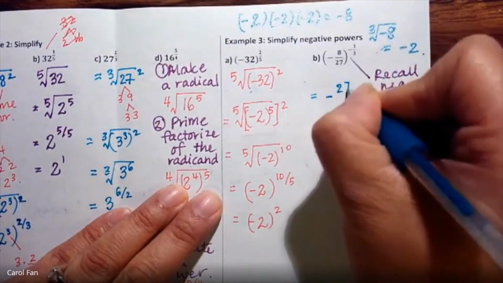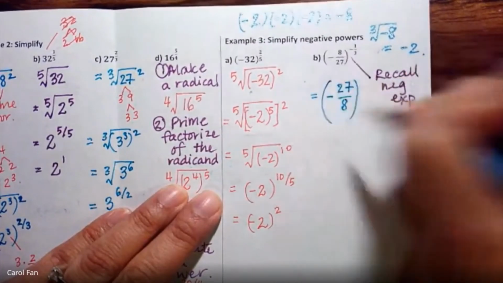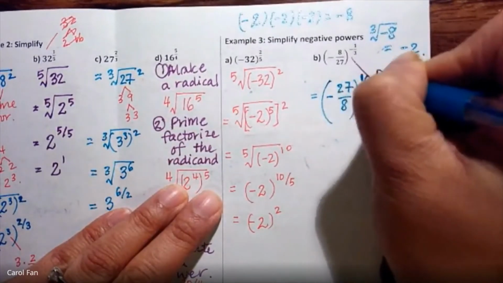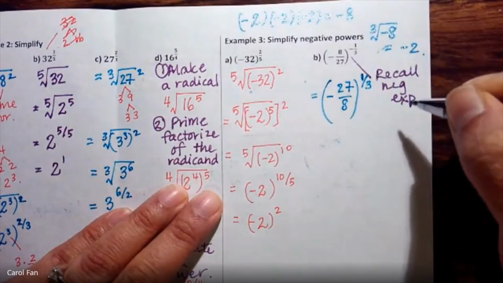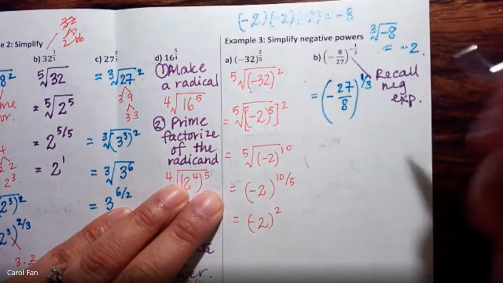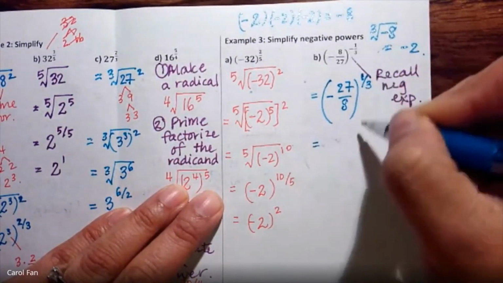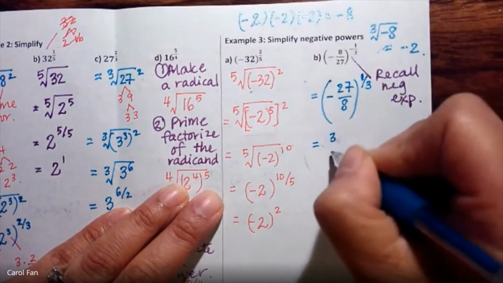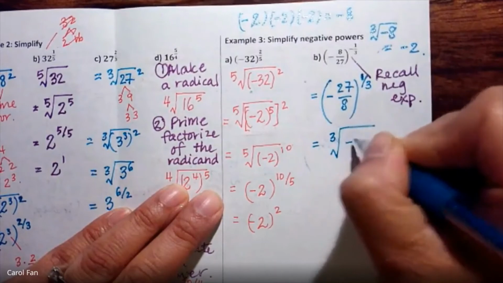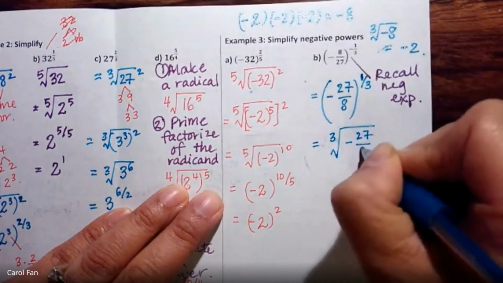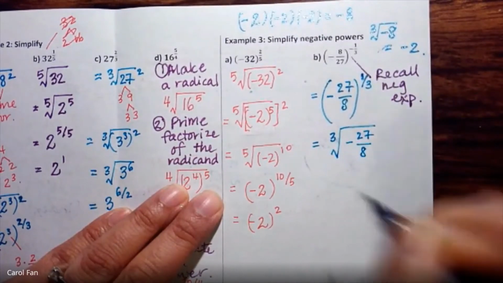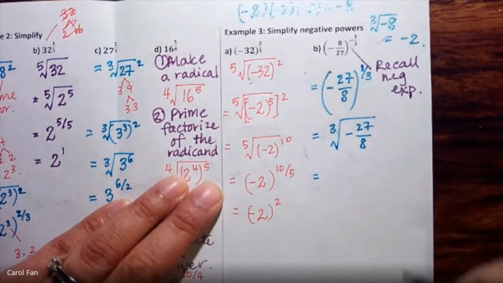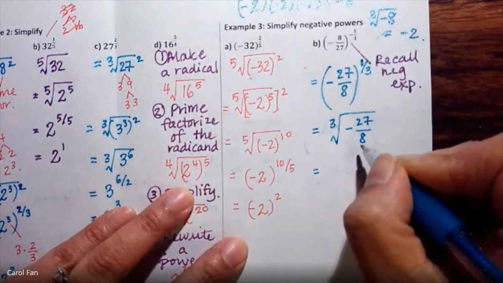So negative 27 over 8, and this is to the power of 1/3, positive 1/3. Let's rewrite this as a radical. So I have the third root of negative 27 over 8. Let's simplify it now